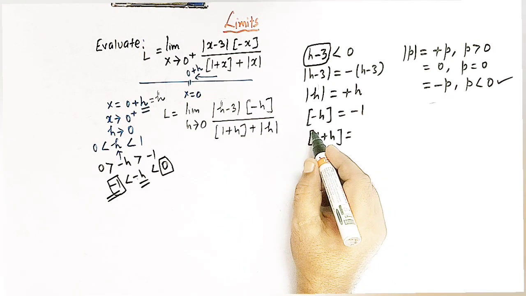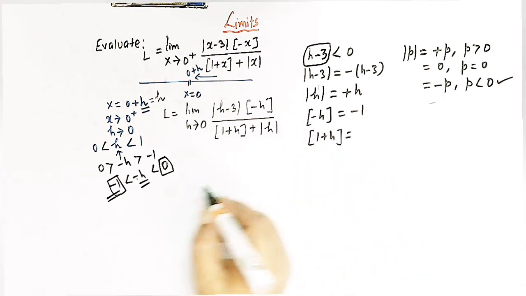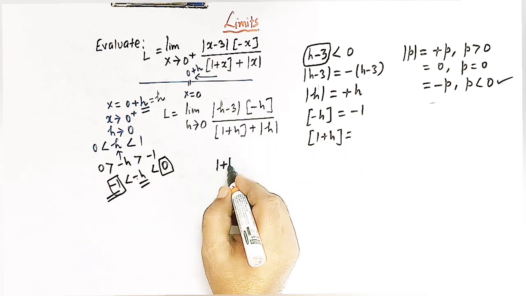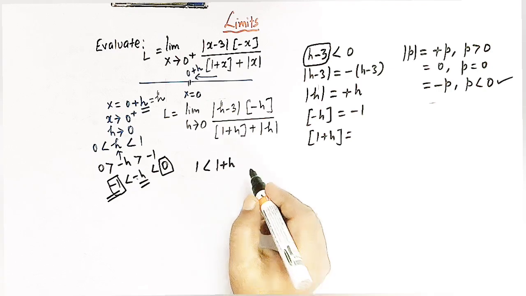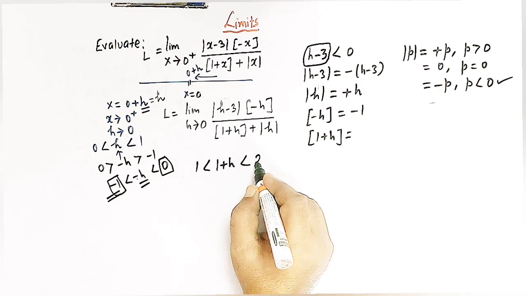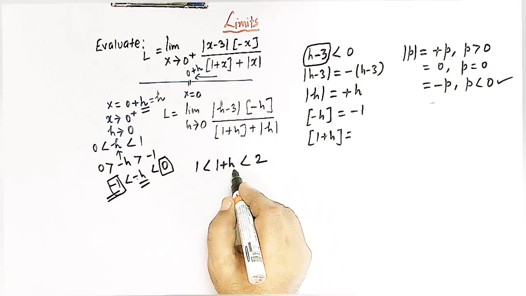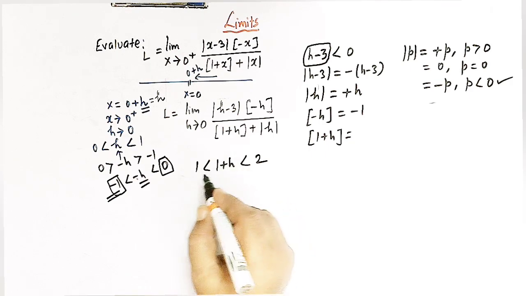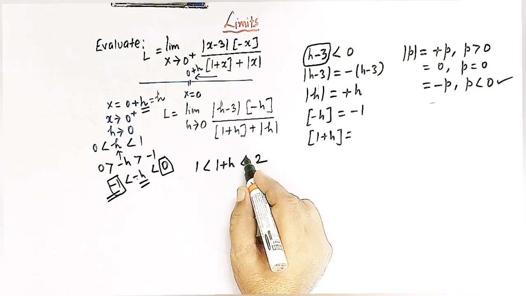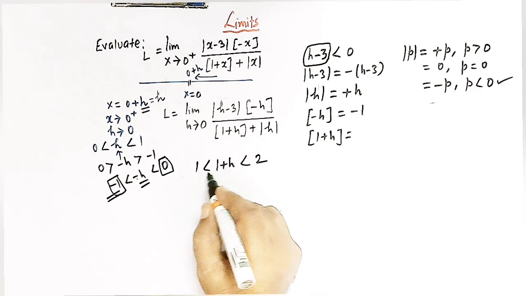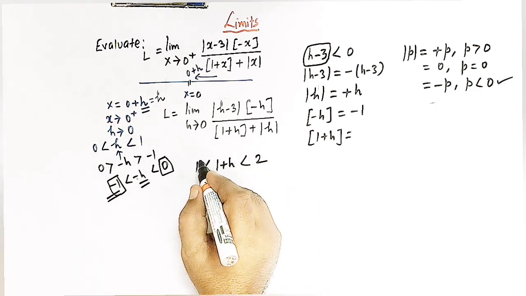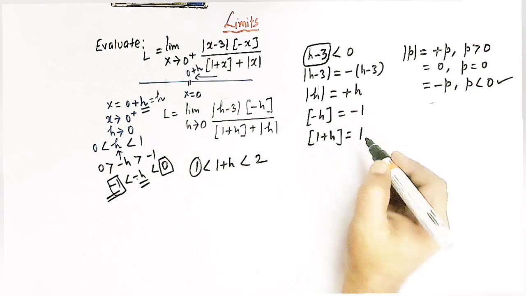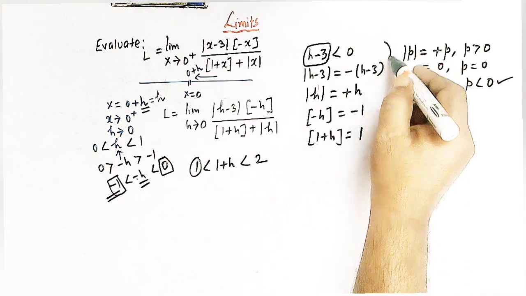And here we have greatest integer of 1 plus h. Now see, 1 plus h is slightly greater than 1, but it is less than 2 because h is a positive quantity. So when we add h to 1, then 1 plus h is slightly greater than 1, but it is less than 2. So 1 plus h lies between 1 and 2. So the greatest integer of 1 plus h must be equal to 1, right? So now using these